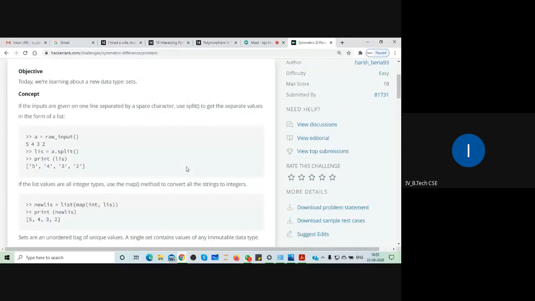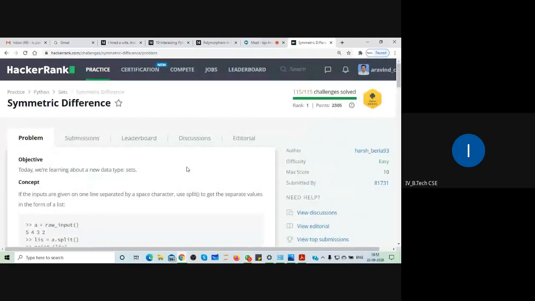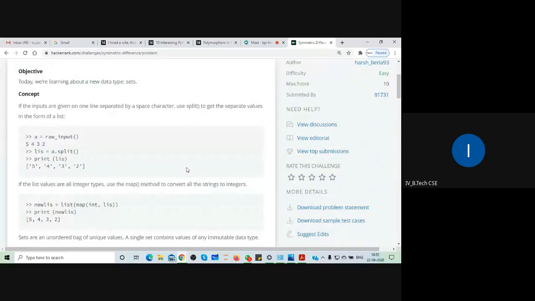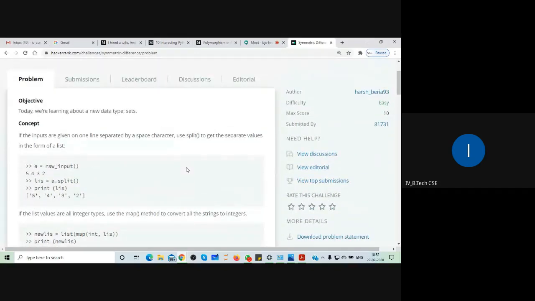So dear students, let us take symmetric difference. Symmetric difference is nothing but, so here what is the problem? Let us see.